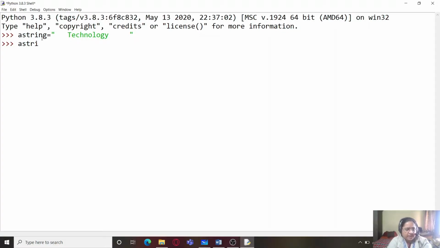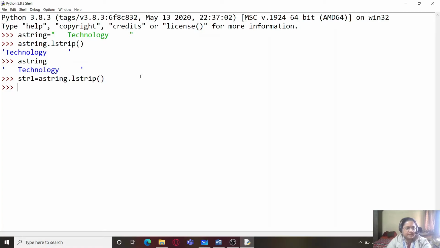Now if I type a string dot lstrip, simple lstrip without any arguments, you can see that the spaces from the left side of the string are gone. But if you print the original string, it remains as it is. That means if you want a better version of the string without the spaces, you can take another string, str1, and type it like this.